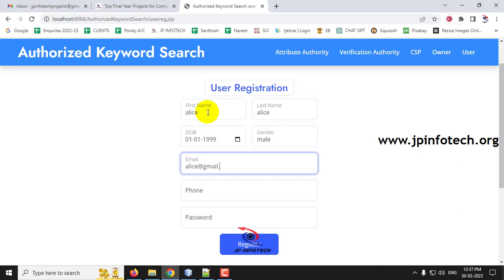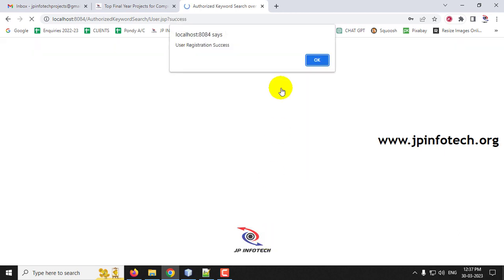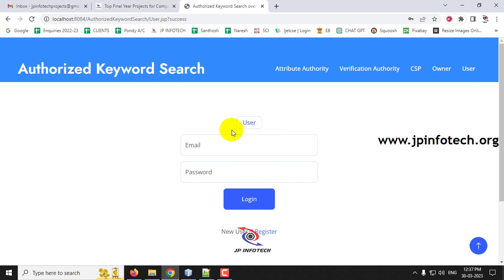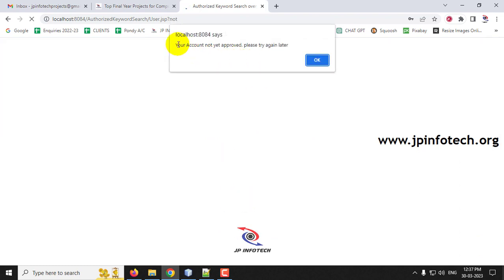alice@gmail.com. Let me create like this. Password as Alice and click register, and now you can see the user registration is success and click OK. Now it will be navigated to the user login page. So now let me enter the details of this user and click login, but you can see the message that